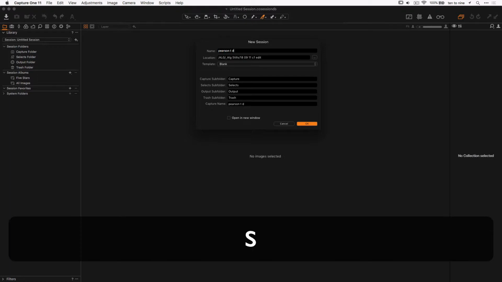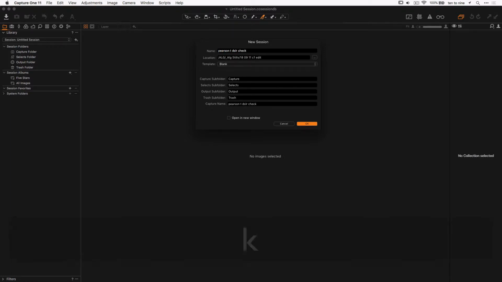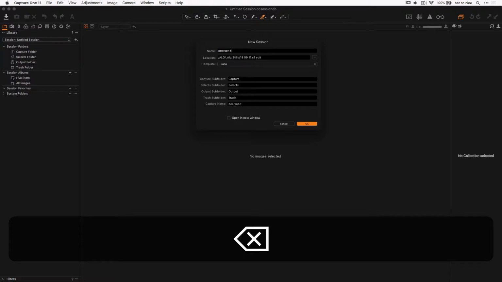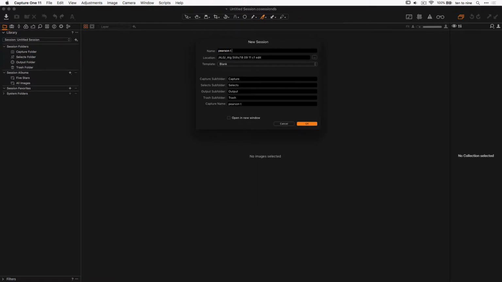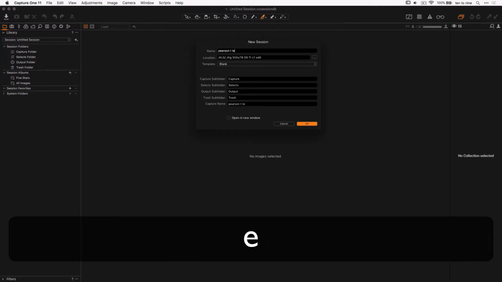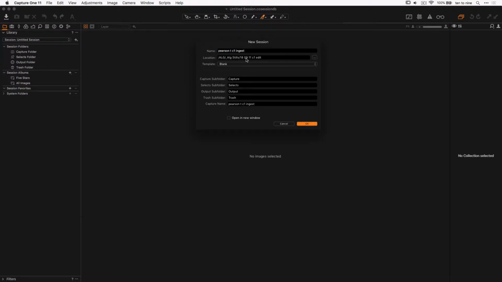What is a good example? DSLR checklist. Now I don't think you guys are handing that in or anything, but that's just an example. If you don't have anything, just give it your name anyway. Pearson T. What will we do here? Pearson T. I don't know. Let's go C1 ingest. Hey, look at that. Now, what that's going to do is give the session the name of this,